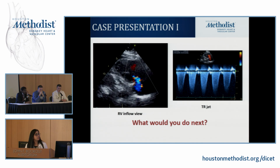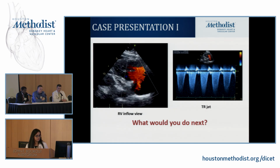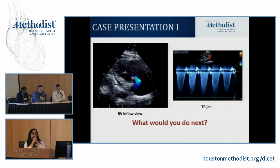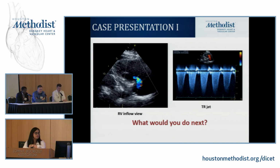So what are the things with peripheral ECMO support? That RV looks terrible, but is it remodeled over a period of time, or was it an acute insult on top of it? That's an important distinction to make. But also, if you're on full support, for you to have PA pressures in the 80s, I mean, pressure is either flow or resistance. And if you're flowing fully and you're still having all that pressure, there's some kind of high enough resistance that you would probably worry that